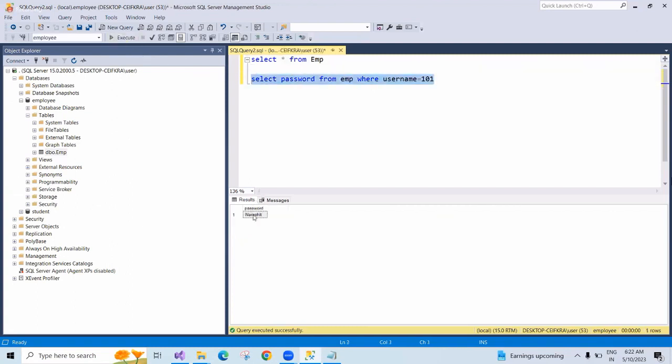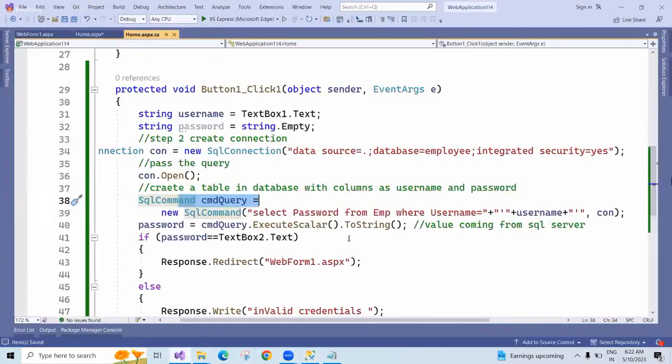See, we got it, right? So similarly, the same thing I built here. Select password from table name where username equals to that username which we entered. Then what happened? Whatever password value we got from SQL Server,